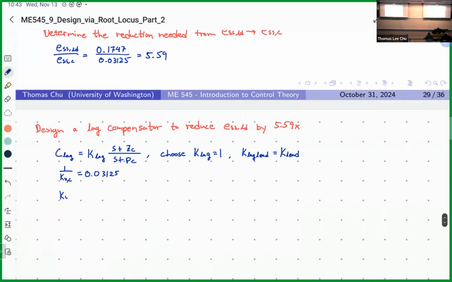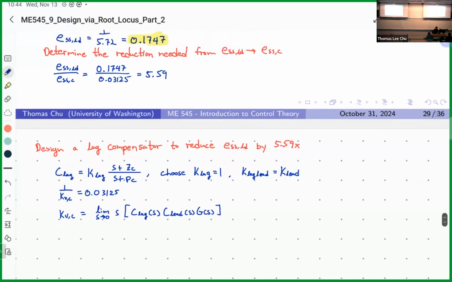And we know that KVC, when we write it out, is equal to the limit as S goes to 0 of S multiplied by our C lag of S multiplied by C lead of S multiplied by G of S. So we choose K lag to be equal to 1, mainly because